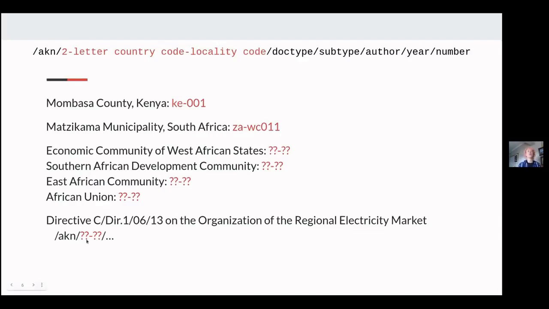And our first question there was, okay, what do we use as the locality or the country code? It's not scoped to a country. But importantly, all these different bodies not only inform legislation in their member states, where they would either adopt a model law as is appropriate to them, but also